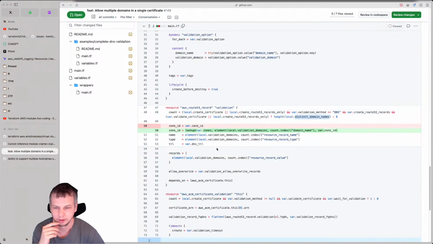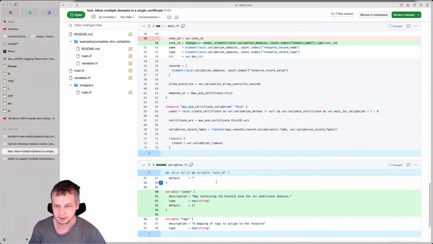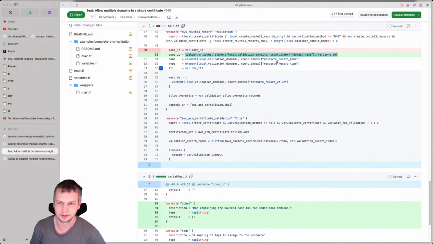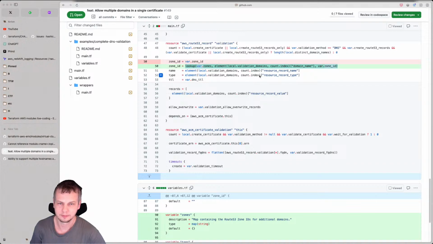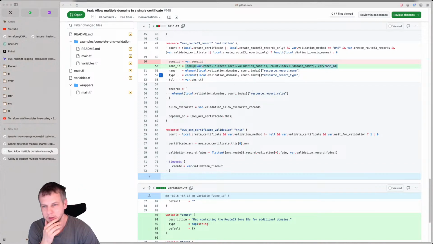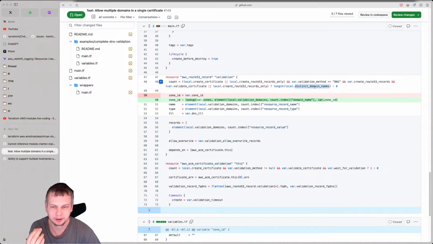I know it's possible to figure out. Eventually, I figure out that people want to extend it, of course. So this is really complicated, and I'm thinking this has to be reviewed a little bit more because the whole difference here is that we have distinct domain names and validation domains. This can be, let's say, two things, but this can be one thing. I mean, one item.